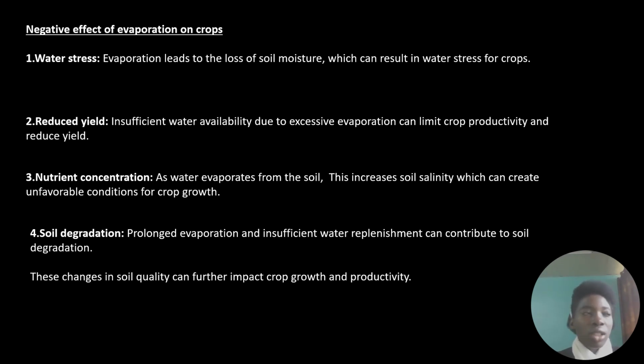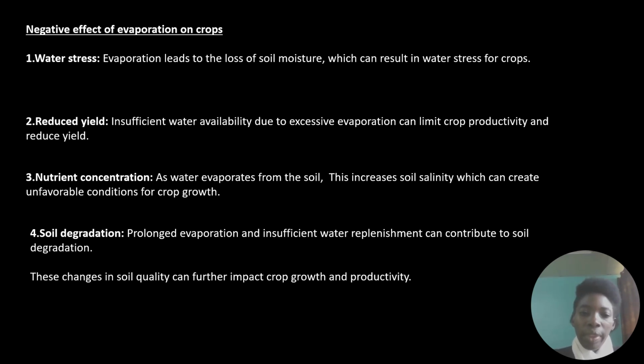And also, increased or reduced evaporation will result in nutrient concentration, where as water evaporates from the soil, this increases soil salinity, which can create unfavorable conditions for crops. As we know, some crops are favored by acidic conditions, others by basic conditions, and other plants are favored by a normal pH. So when the soil salinity increases above what a plant can tolerate,